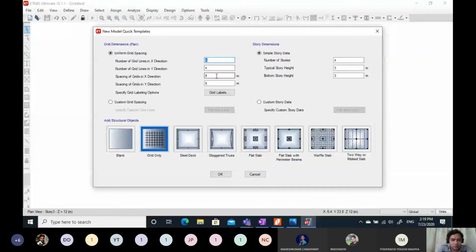Okay, this has to be 1, 2, 3, this has to be 5 number of grid lines along 5, this is 4, this is 6, this is 4.5. I think we changed the custom and then we again moved on, then we haven't checked it.